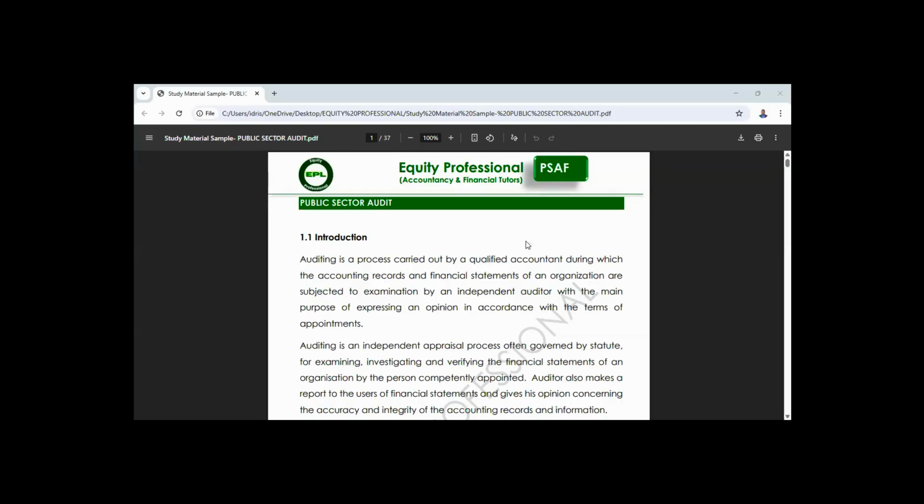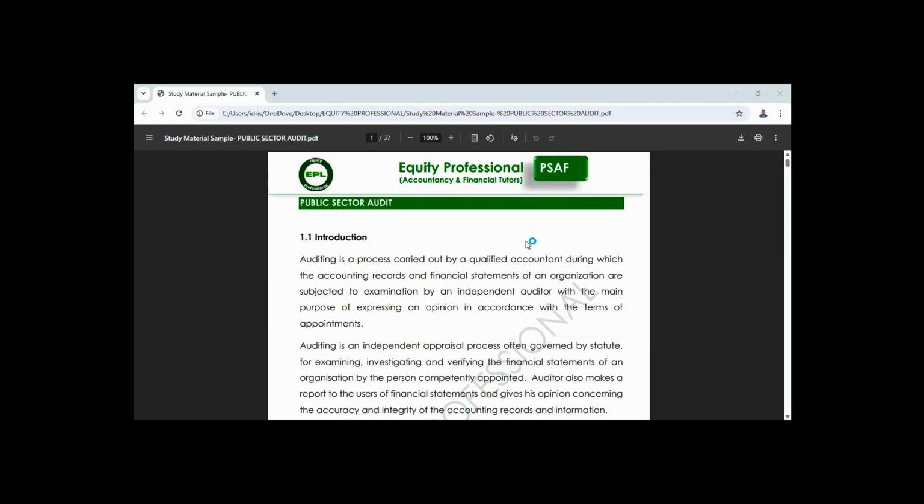So this morning, we want to look at public sector audits. So we start with what is an audit. Audit, we know the audit. Audit is a process carried out by who? Qualified accountants, during which accounting record and financial statement of an organization is subjected to examination by an